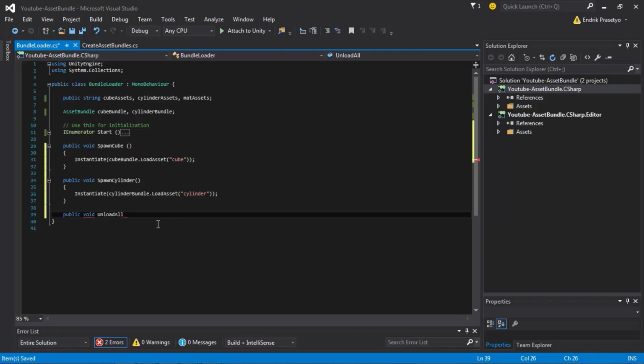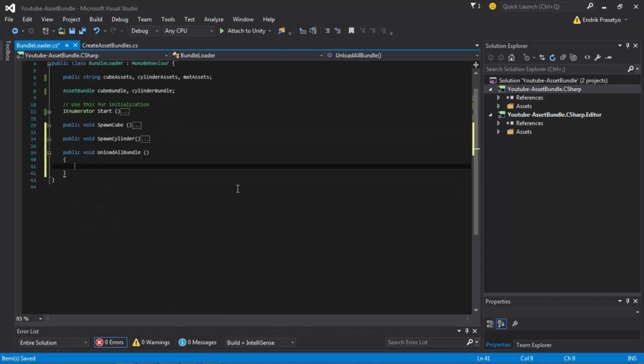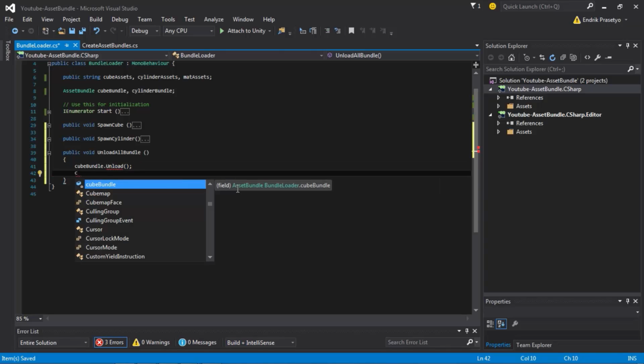Because after we download our assets bundle and after we load the assets, they will store them into memory. When we no longer use these assets, we need to unload it. Something like this. Cube bundle.unload, cylinder.unload.